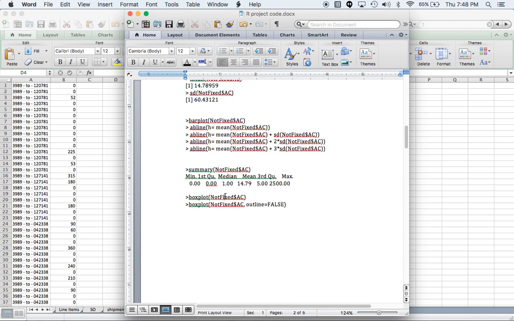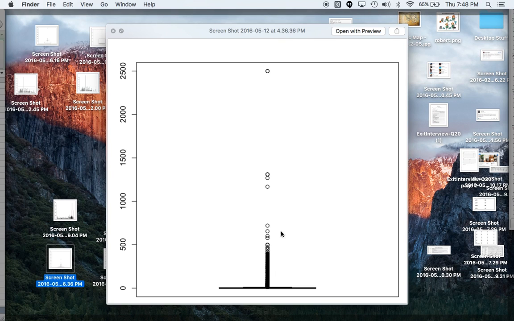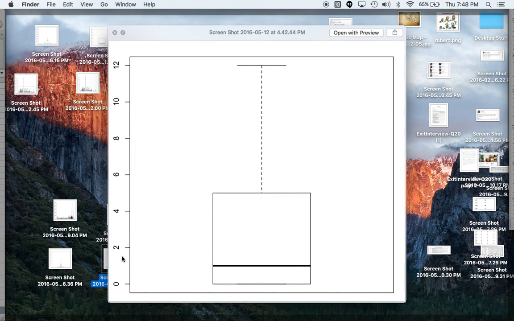So with the same method, just a regular box plot at first and then one without the outliers, we can look and see this was the first box plot where you can see there's so many values down here near 0 that it's indistinguishable, and lots of outliers, which is this solid gray tube that goes up. It's outliers layered over each other. And then when the outliers are removed, we get a much cleaner box plot, which you can see the mean